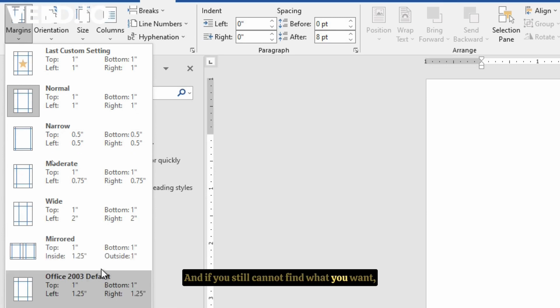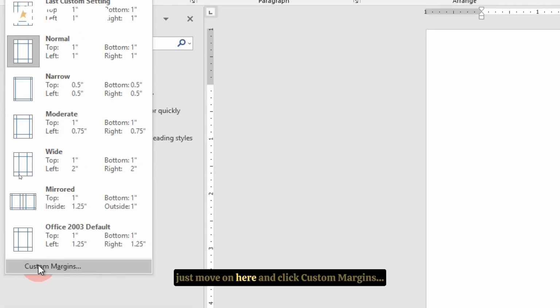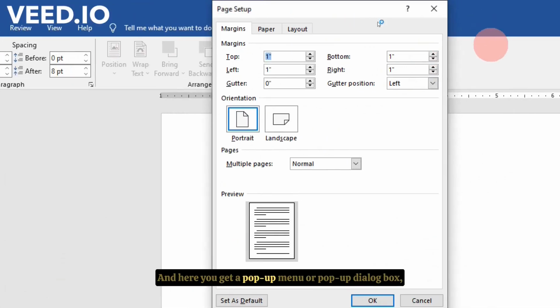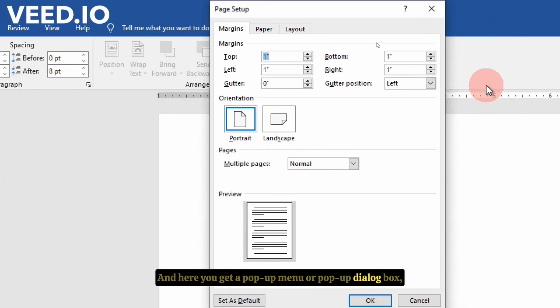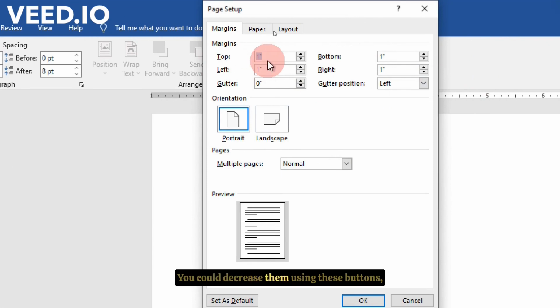And if you still cannot find what you want, just move on here and click custom margins, and here you get a pop-up dialog box where you could change the preset margins. Could decrease it using these buttons, or you may type it directly right here. Supposing you like it at 0.7 at the top, and you also would like to have 0.7 at the bottom,